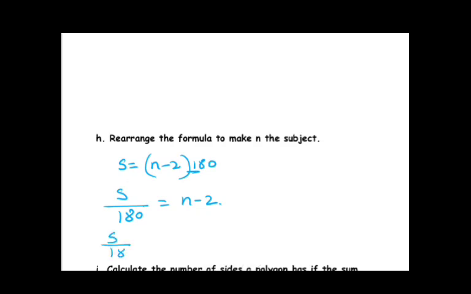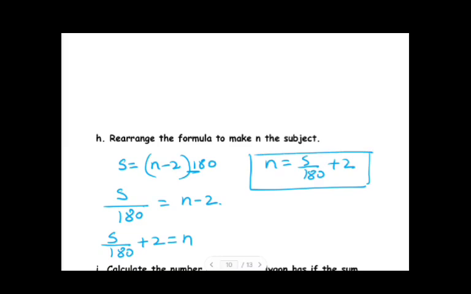So S upon 180 plus 2 is equal to n. No, that's not your answer. It's wrong to put a box around it, it confuses the teacher. So n is equal to S upon 180 plus 2. That is how I make n the subject. You can further solve it to get n is equal to S plus 360 upon 180. That is also correct. Alright students,